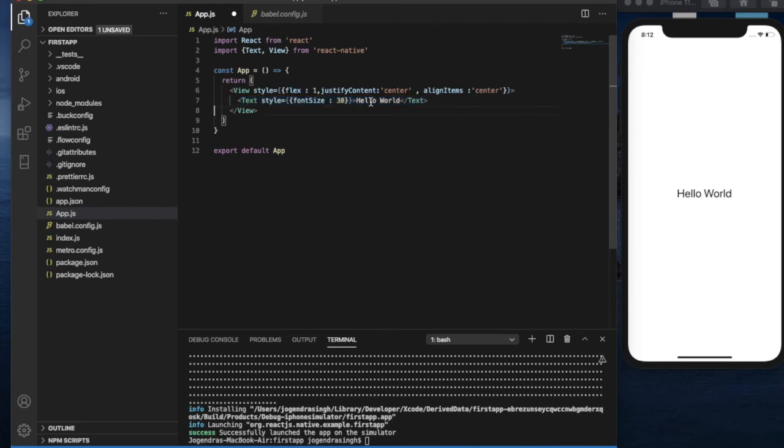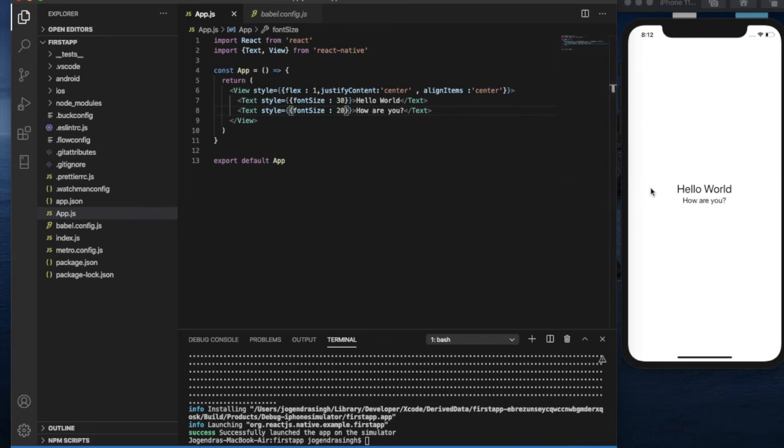And if I need to add a second text, how are you, and I'm setting the font size to 20, both are displaying like that. We will build our application further, create another screen and create many elements. Currently we are using two tags, Text and View. We will use all types of elements in our next videos and create more complex screens to learn how React is communicating with our application. Thank you guys. This is our first application.